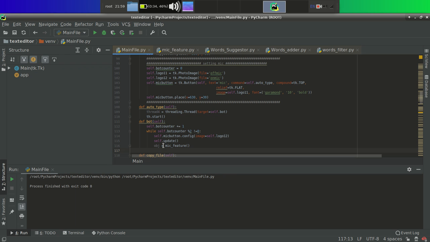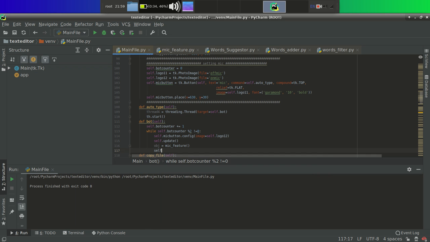So we have created the object of that class, which means whatever the user will speak is going to be recorded by that class. Now we want to add whatever the user speaks to the text area. So how do we do that?